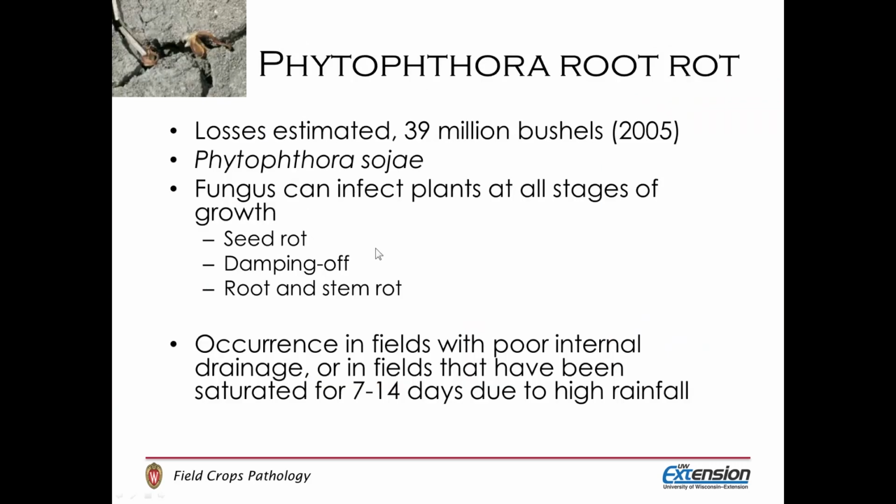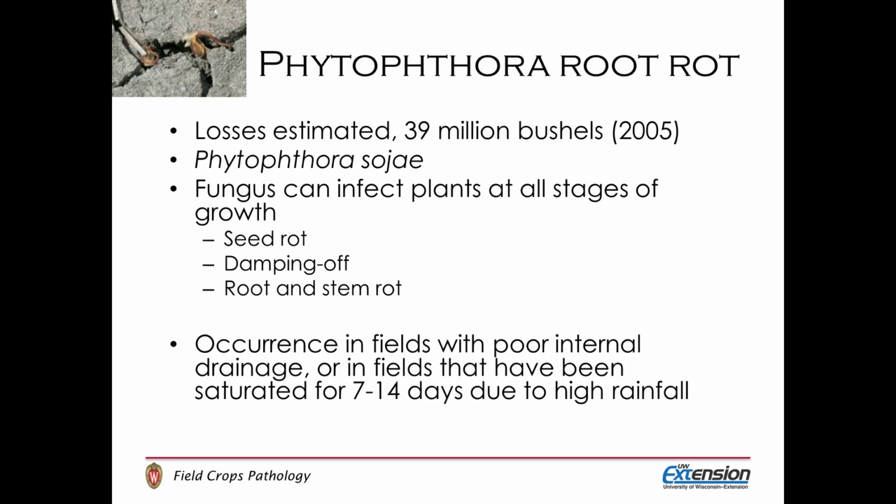So let's talk a little here about Phytophthora root rot. In 2005, losses due to Phytophthora root rot were somewhere around 39 million bushels. The primary pathogen that causes Phytophthora root rot in soybean is Phytophthora sojae, and this fungal-like organism can infect the plants at all stages of growth. So we can see seed rots, damping off, and then later in the season we even can have some root